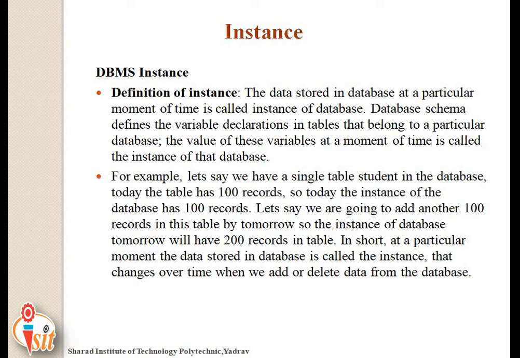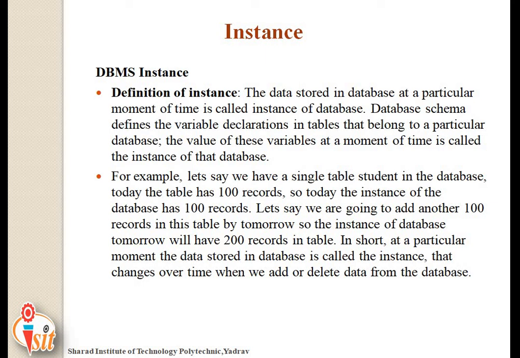After that, we have seen different types of schemas like physical schema, logical schema and view schema, that is also called as a sub schema. And then we have seen that instance, the data stored in the database at particular moment of time is called as the instance of database. Now the question is, what is the difference between schema and instances in database management system?